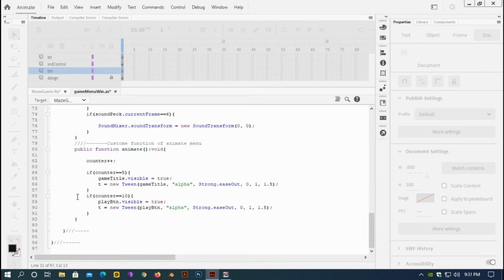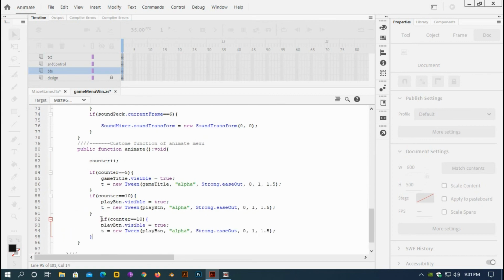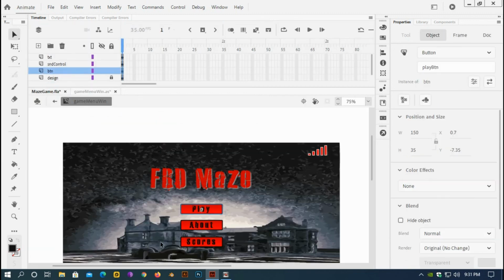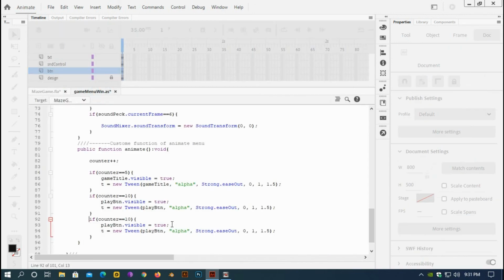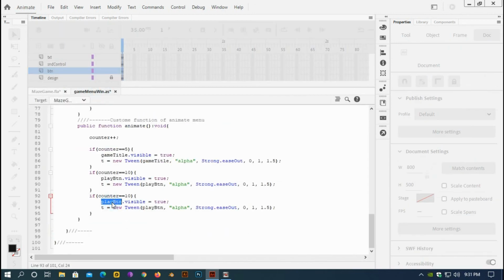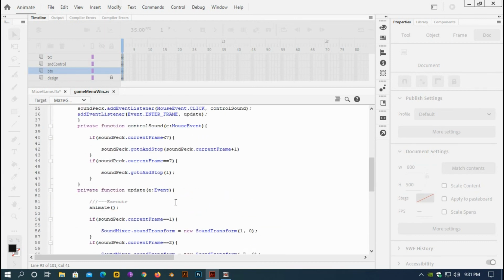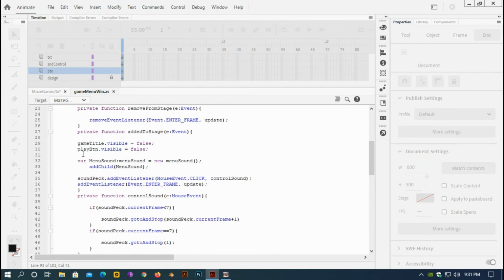And copy this once more, paste it, and now for the about button, just change it and make it 15, and copy this one and paste it here, change it to false,